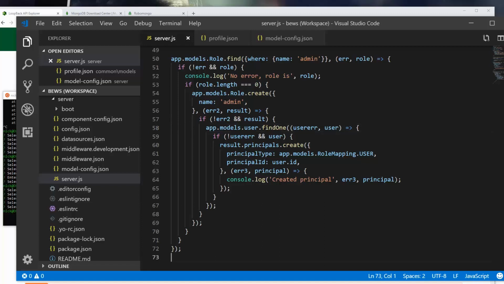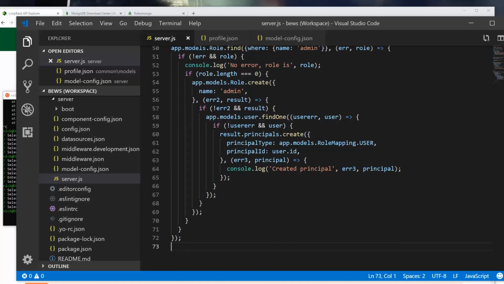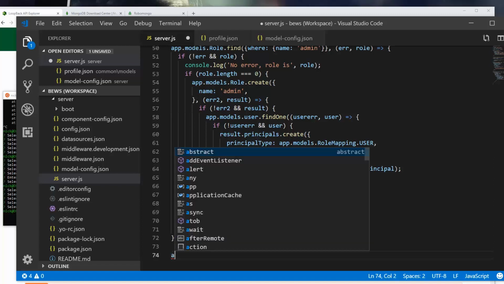Okay, moving on. What we're going to do is attempt to find the editor role. If it does not exist, we're going to create it. And then we're going to apply an ACL to our post model that states an editor can create new posts and write to posts, I guess. So let's go ahead and type